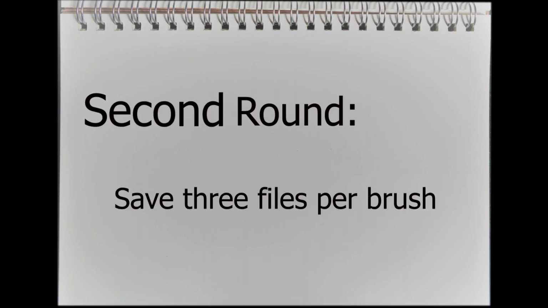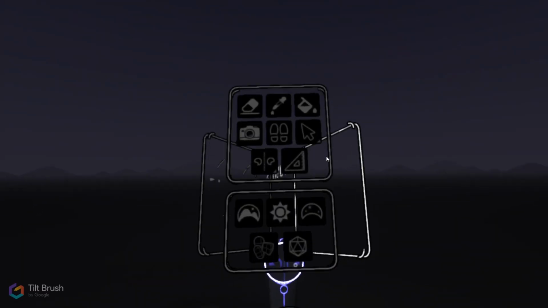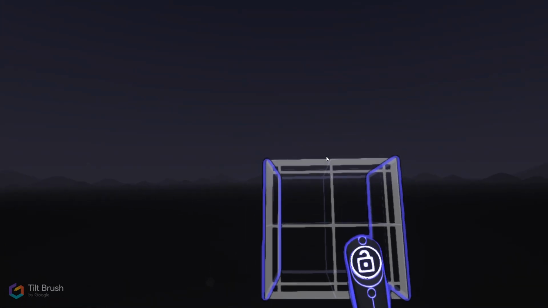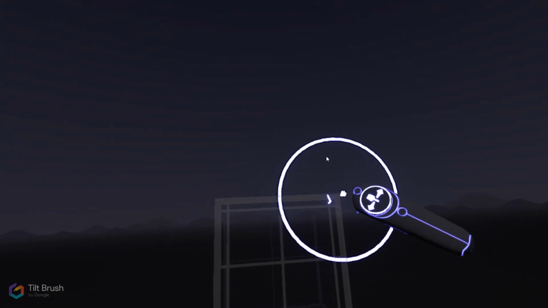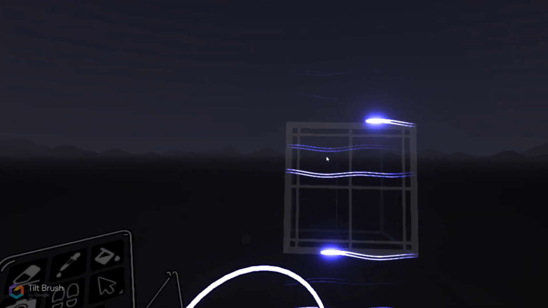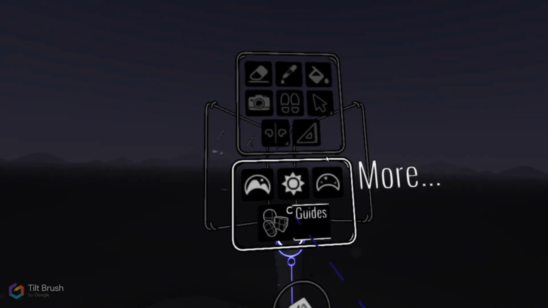so that's pretty awesome. And the second round, what I did was save 3 files per brush, and then I charted the average of the 3 files. So here I'm just in the standard background setting at human size, and I am centered right in the middle, and I'm just going to pull out the cube guide and make 2 brush strokes, one on the top edge, one on the bottom edge of the cube guide, and then just save that and do that 3 times with